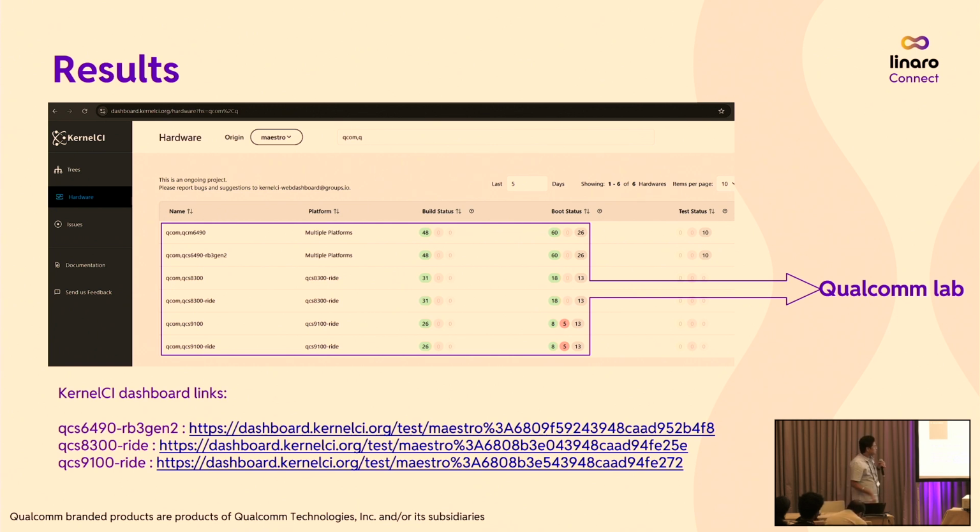You can see those, and we are already reporting the boot. Right now it is baseline boot only. We are reporting the status. We got a couple of bugs in some staging branches, but yeah, this is the thing. Right now we support three targets as listed: RB3 Gen 2, QCS8300 RIDE, and QCS9100 RIDE.